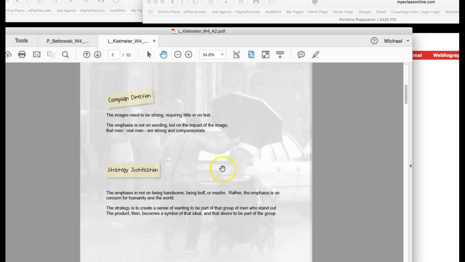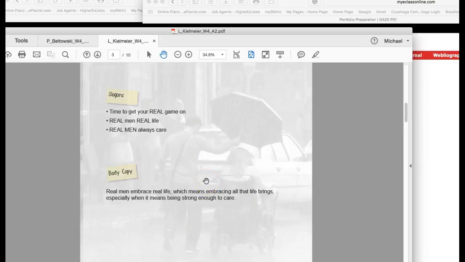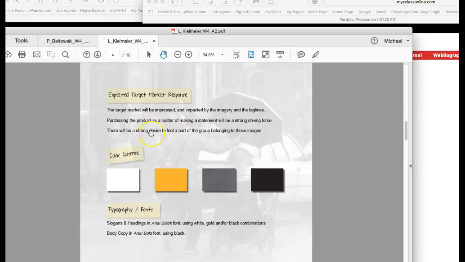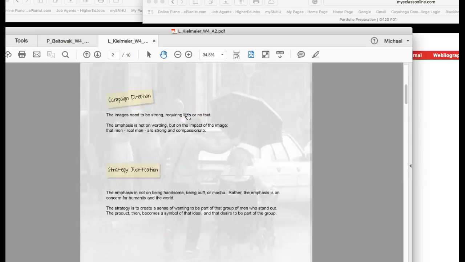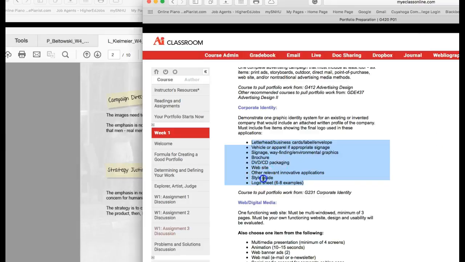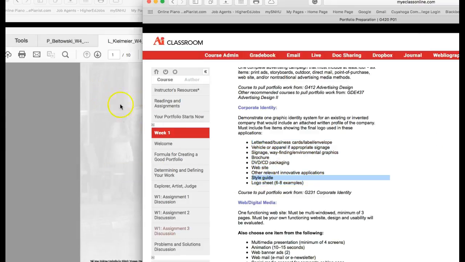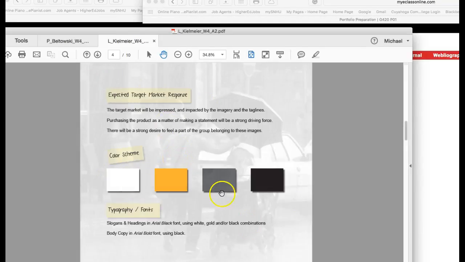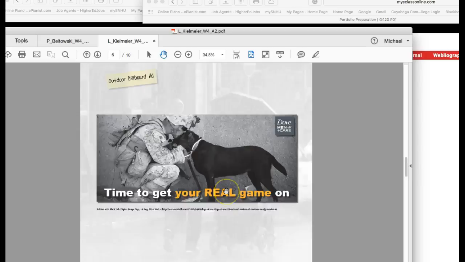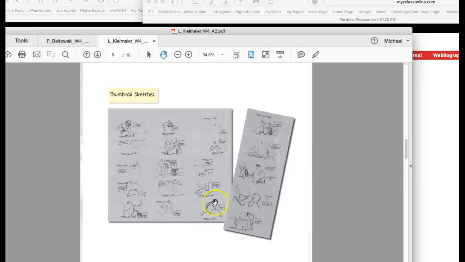Basically these are components of the style guide: your campaign direction, strategy, slogans, body copy. Then you have your colors, your types, your fonts, etc., and your thumbnails. So those would all be part of the style guide, right? Style guide right there. So I would suggest that you label that master page as style guide, where you can show this, this, this, this. Okay, and then you can go right into